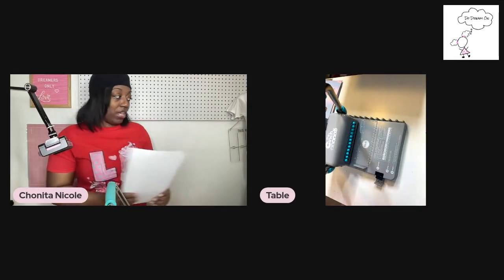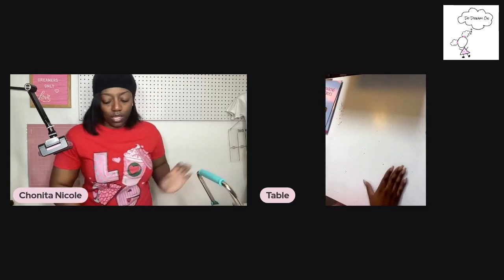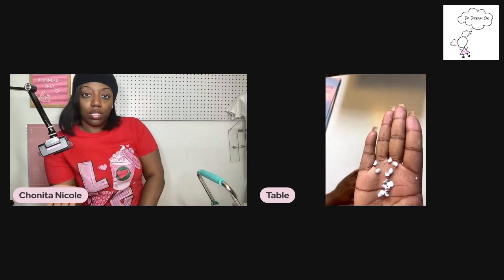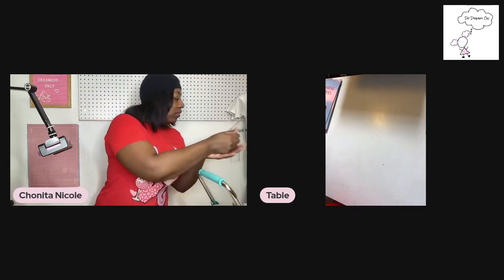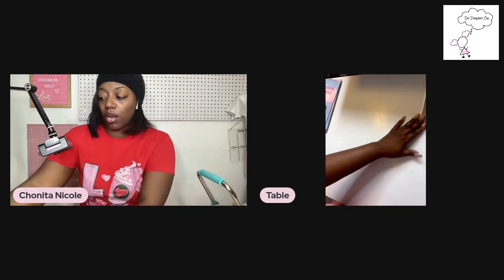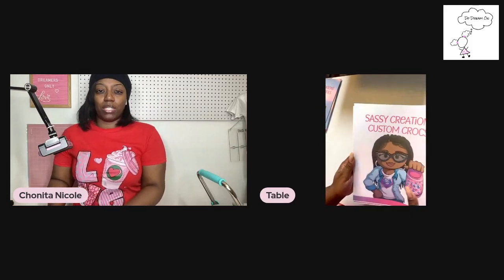I'm gonna do something I've never done before. So I typically, and these are some of the pieces that came out. So I typically laminate this hard paper. This is a heavy paper. You hear it sound almost like